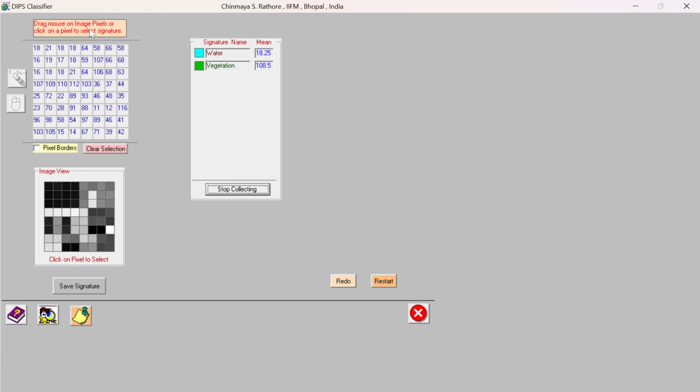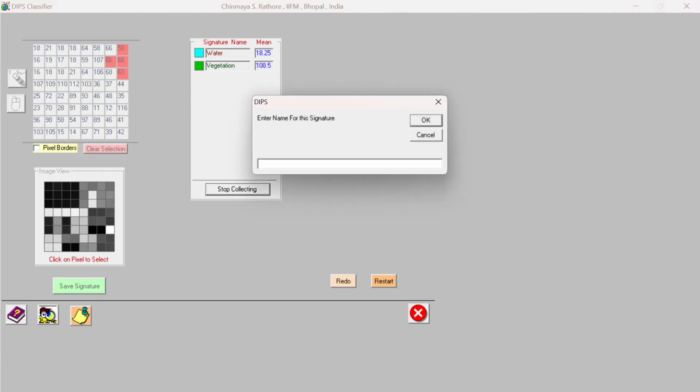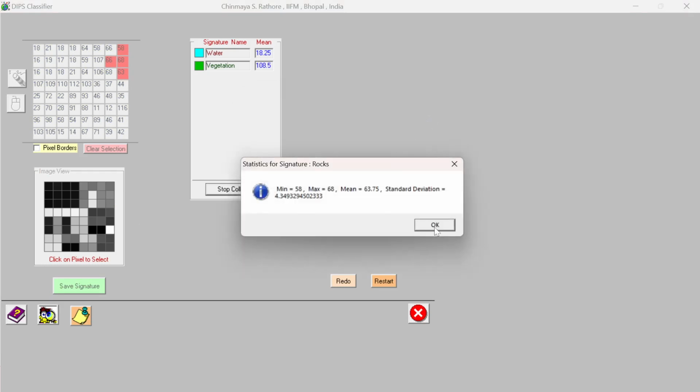Now you can add some other things like for these, maybe you can save the signature. Okay,